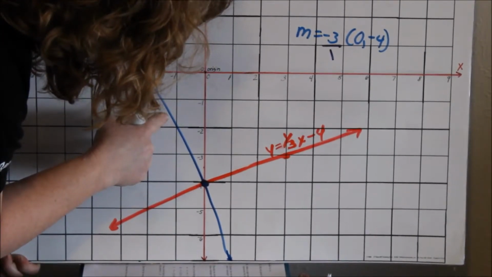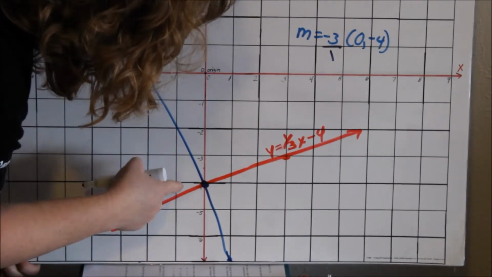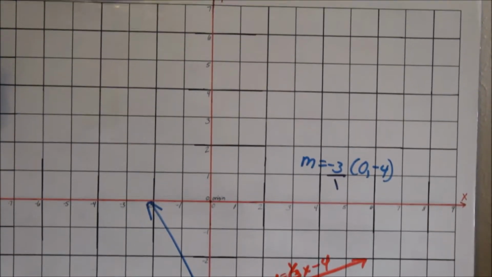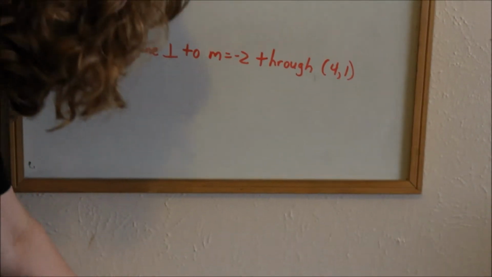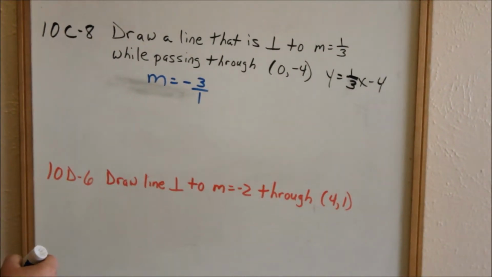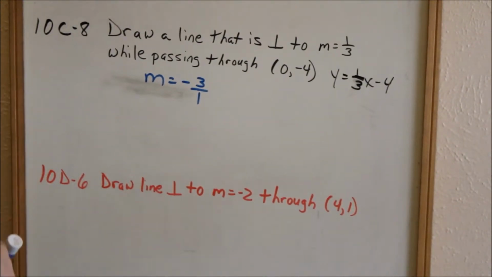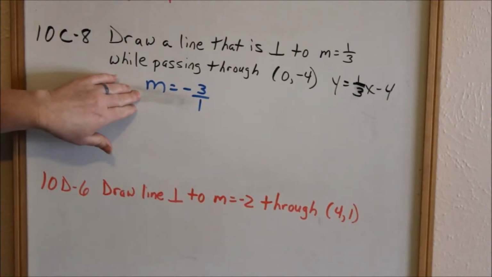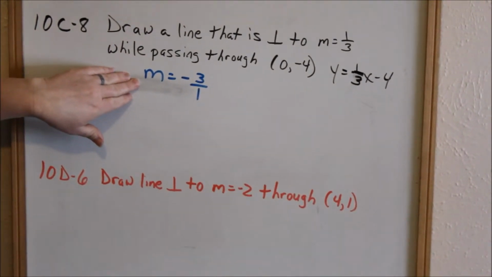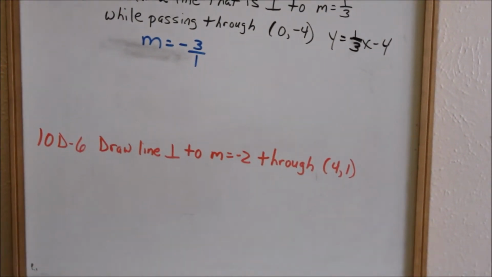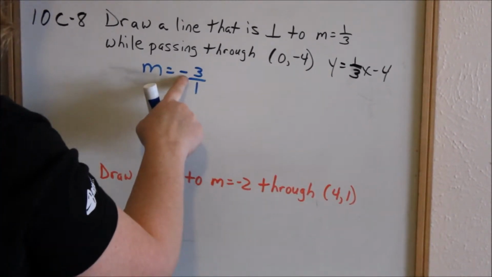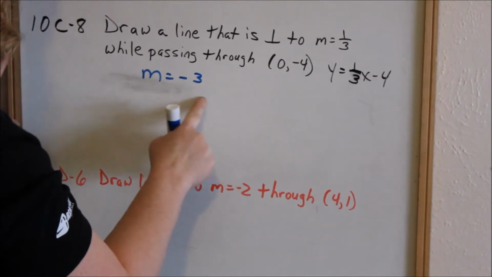This is our new line, and you can see that it is perpendicular to the original line. Now, going back up to our board, I'm going to calculate the y-intercept. This is actually something you're going to learn in lesson 11, but I'm going to go ahead and do it here. So if we know we want a slope of -3 and we're passing through